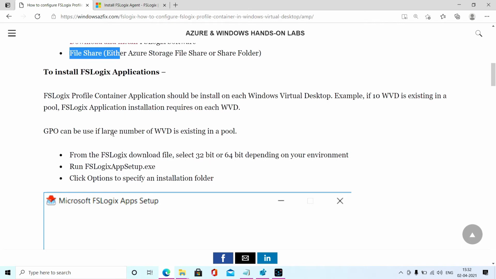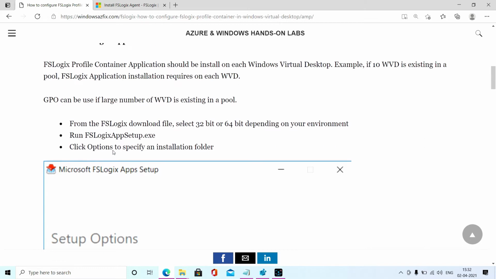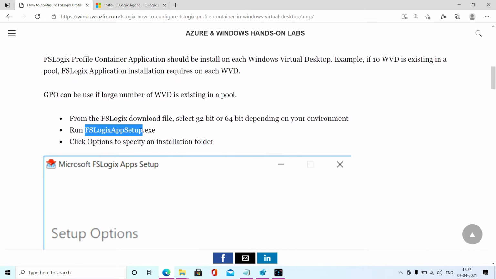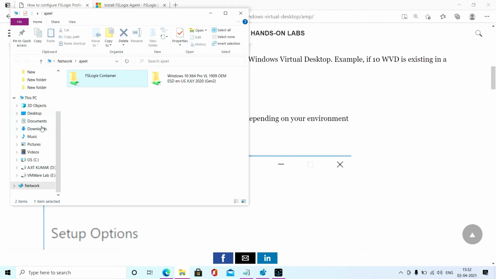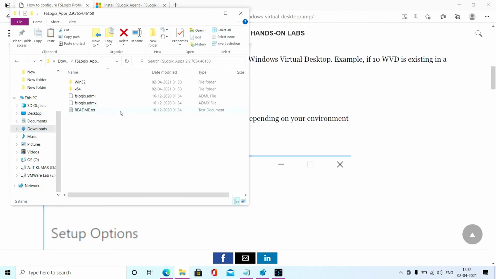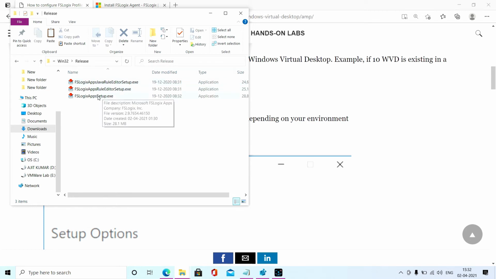To install the FSLogix application, we will first run the setup, which is called FSLogix app setup. Whenever you download that software, you will get 3 files. All you need to run is only the app setup exe.